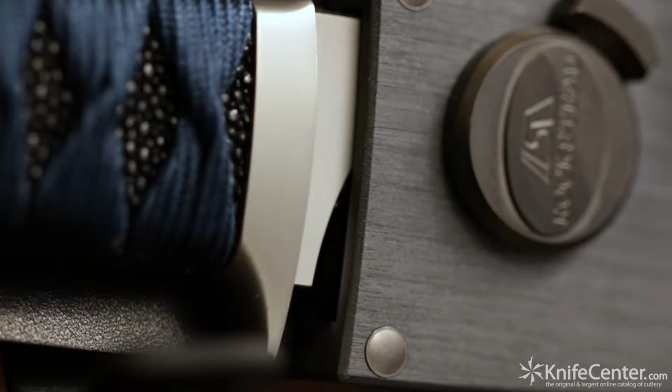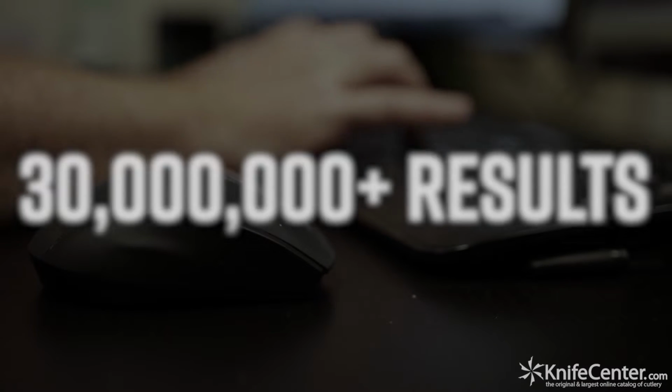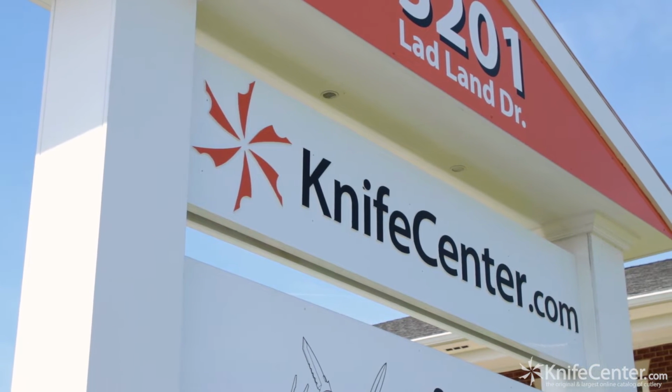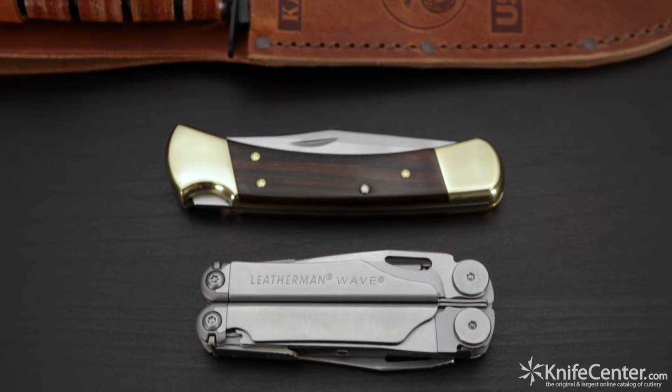Buying your first knife can be pretty intimidating. A quick Google search for advice will give you over 30 million results. KnifeCenter is here to summarize the most useful information for you and to make sure you choose a knife that